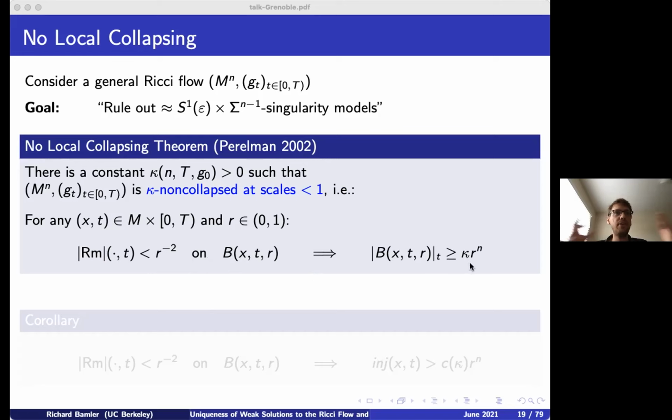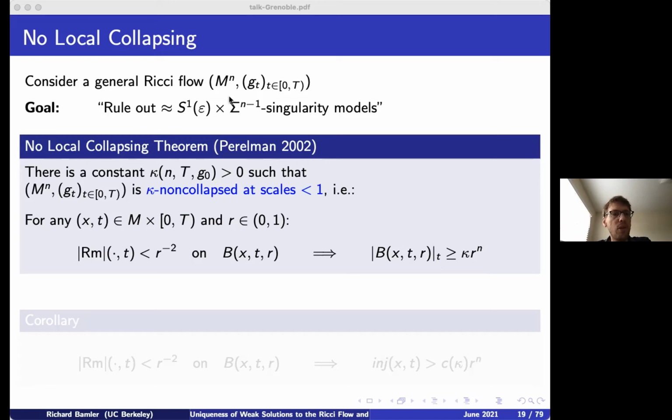Again, if I rescaled the ball to have radius 1, this would just say if I have an upper and lower curvature bound of 1 on the ball, then I have a lower volume bound of kappa of this ball with respect to the time t metric. Okay? And so this really